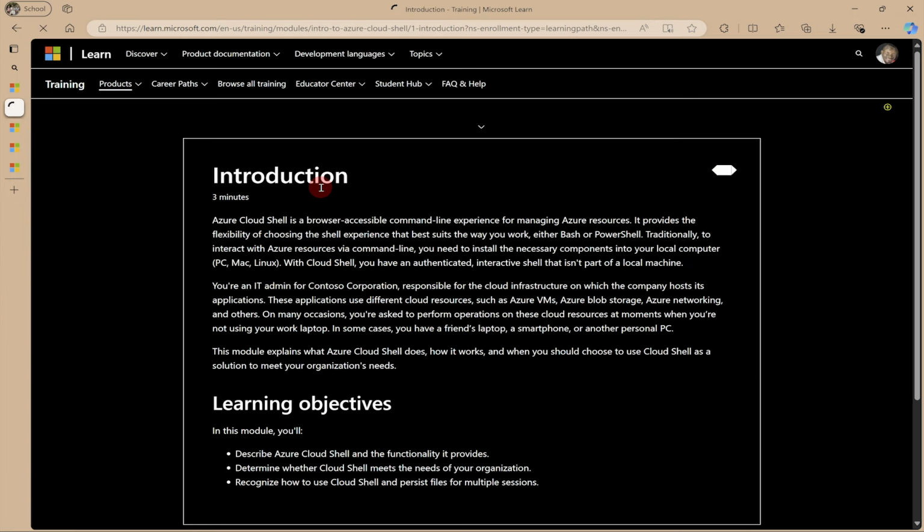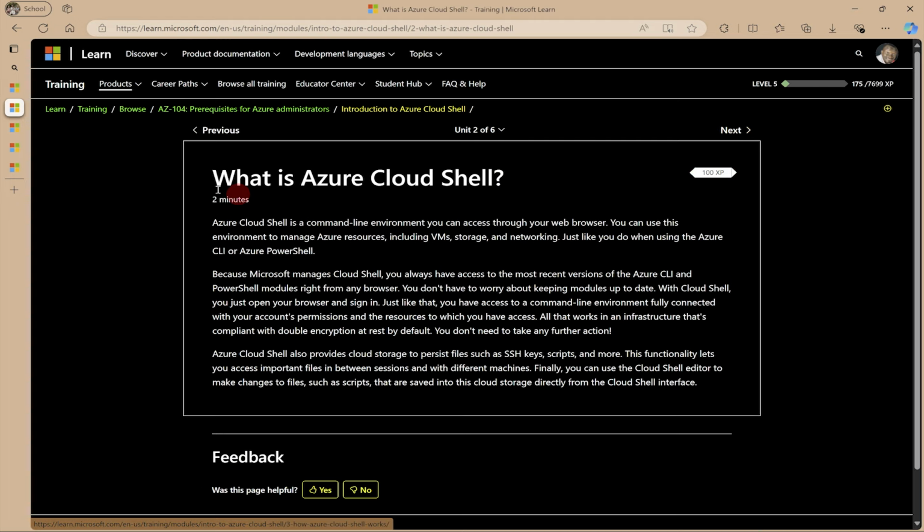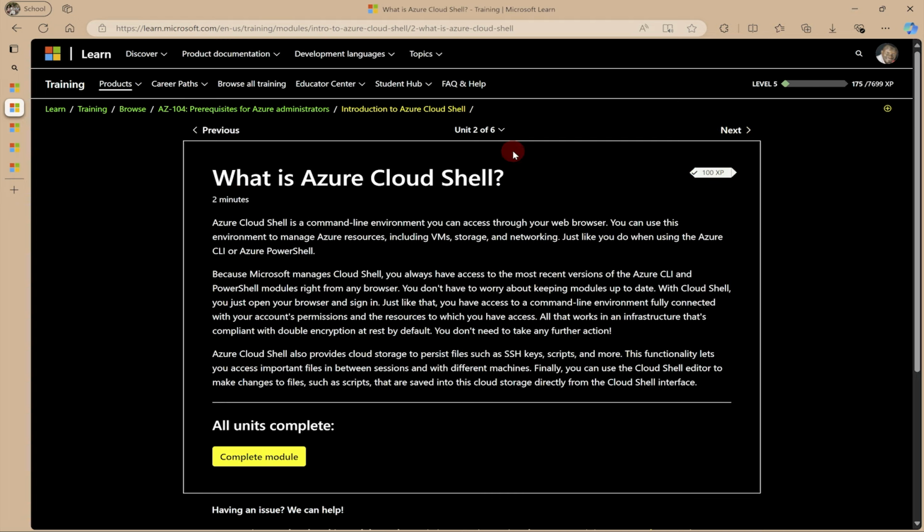Like I said, it is text-based. So you just need to read through these in the order in which they have been listed here. You can read through the introduction. Once you are done reading through this introduction, you come here and click on Next. It will take you to the next one, which is What is Azure Cloud Shell. And then you read through that,